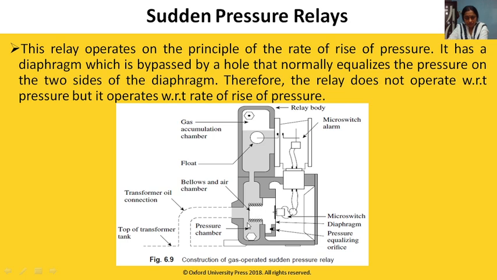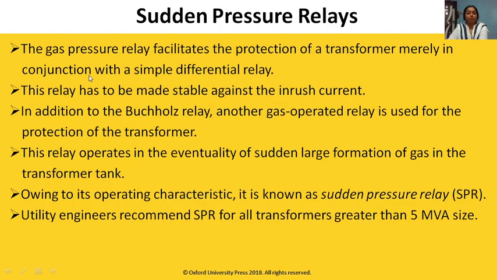Okay, what will happen here? The bellows and air chamber will generate a pressure. Due to this pressure, there is movement in this diaphragm, pressure equalizing orifice. This will check with the help of this diaphragm, and the alarm signal is given with the help of this micro switch. The gas pressure relay facilitates the protection of transformer merely in conjunction with the simple differential